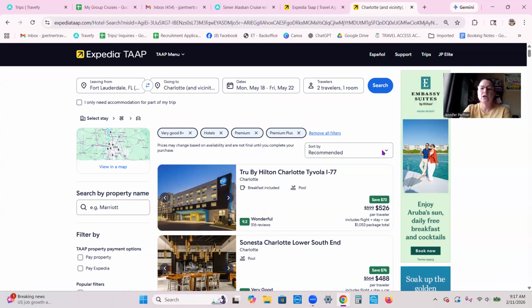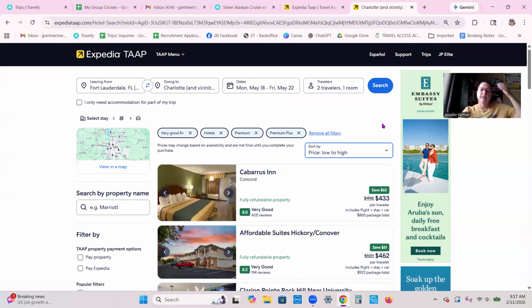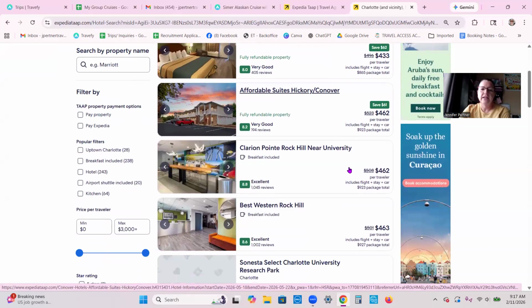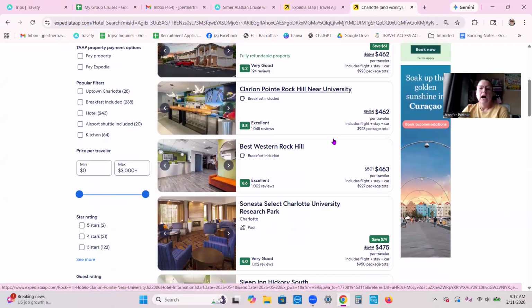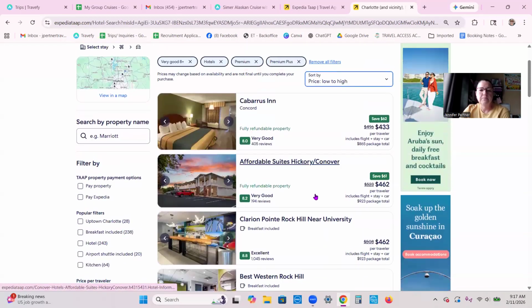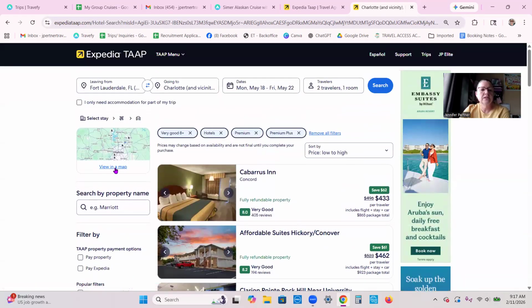Then I like to go over here and I say low to high because I want to see what's my least cost for a hotel in this area that has an 8 plus rating, right? And then it's going to pull these up. And then I like to look at the map. All right, and I go into the map